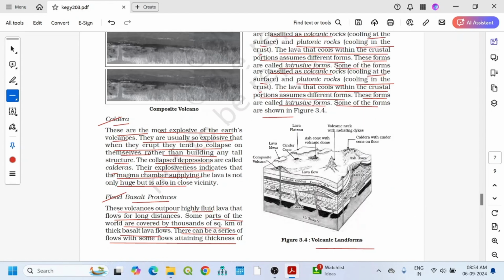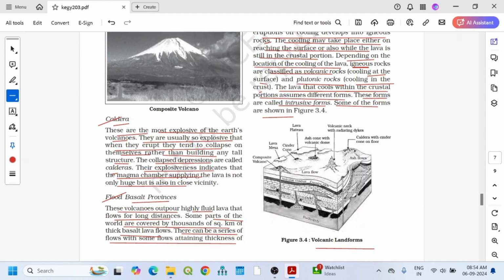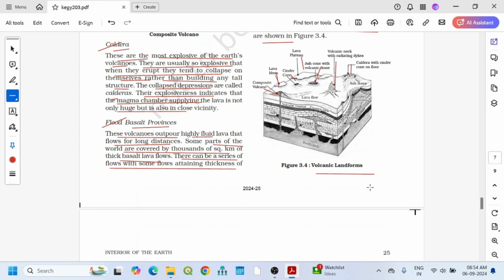In the figure, we see composite volcanoes, lava mesa, cinder cone, lava plateau, ash cone with volcanic dome, volcanic neck, radiating dikes, caldera with cinder cone on floor,